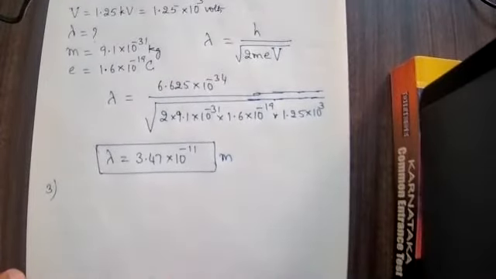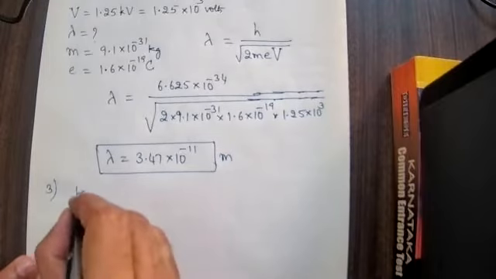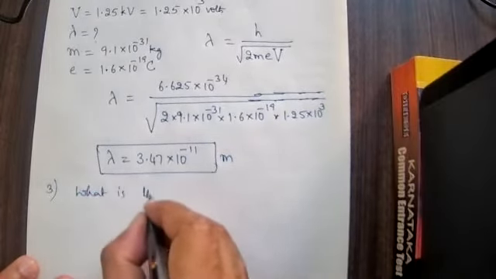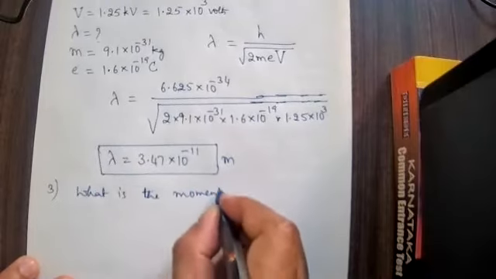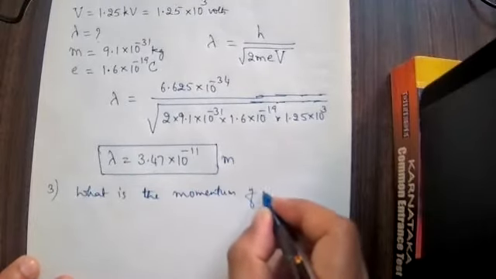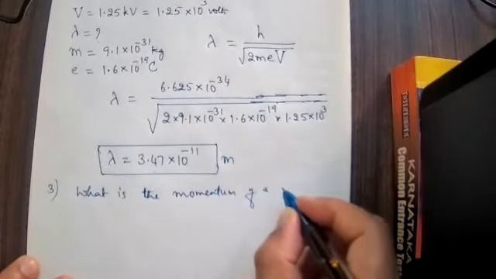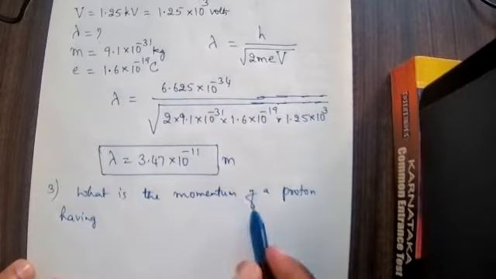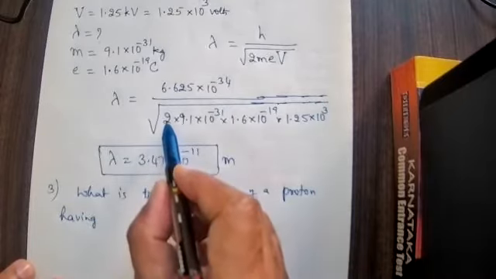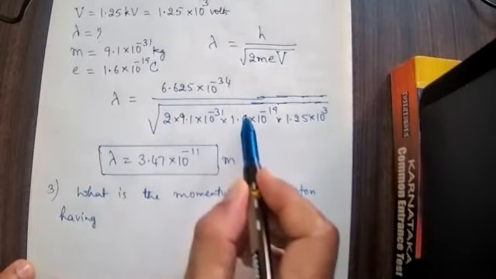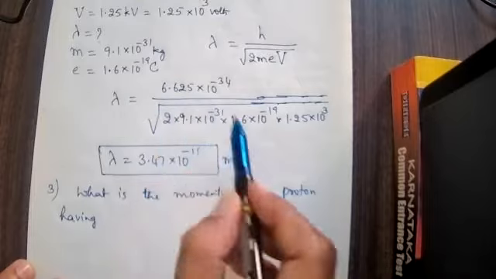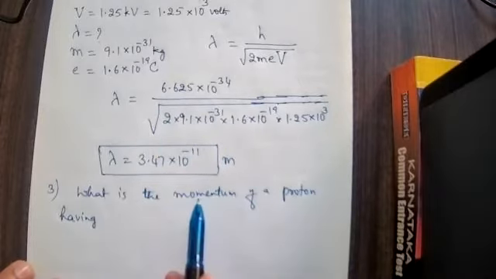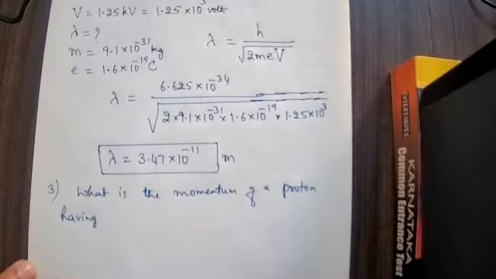Okay. Third one. What is the momentum of a proton having kinetic energy? This is not the first class problems. If it is a first class, I can say that one, you take this, multiply, and take the square root, explaining everything. This is the last ending class of the problems of this particular chapter.